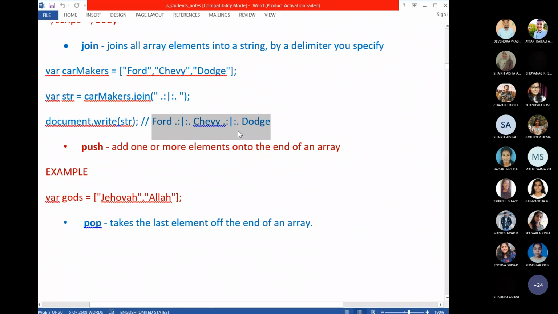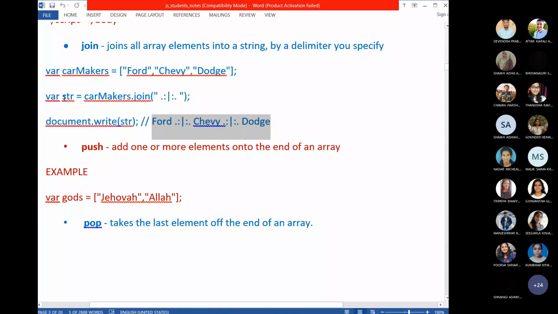Remember, you may ask, ma'am, this is also in array format, isn't it? But look at the difference here. First element, comma. Second element, comma. Third element. Only in a string will you give the value like this. Some special characters. Okay, so this is what? This is a string, this is not an array, don't confuse.